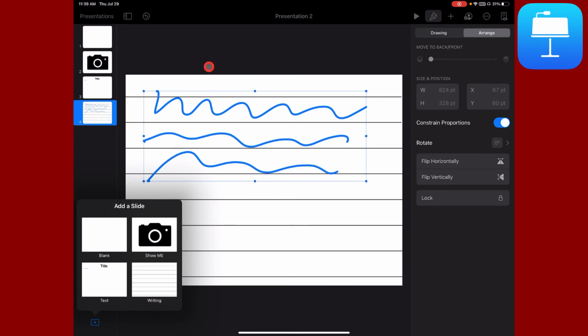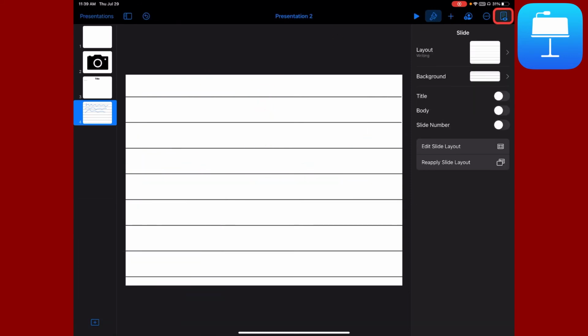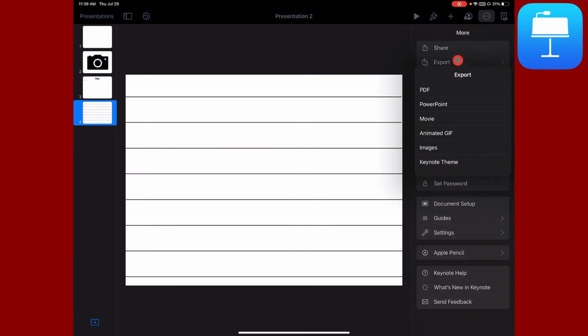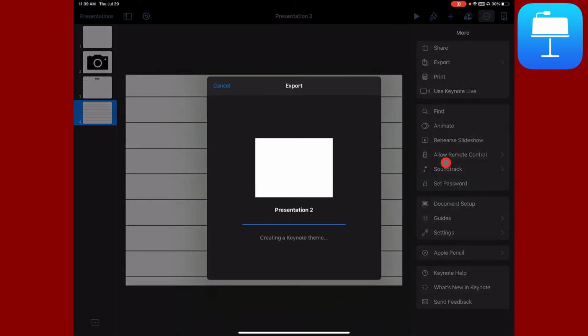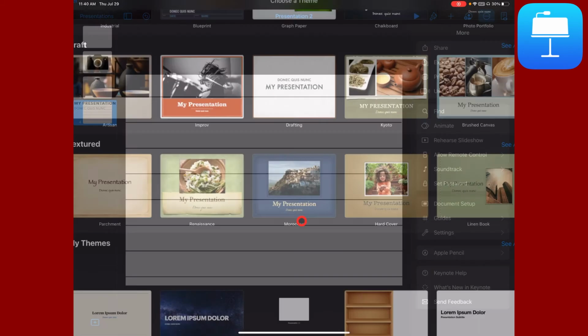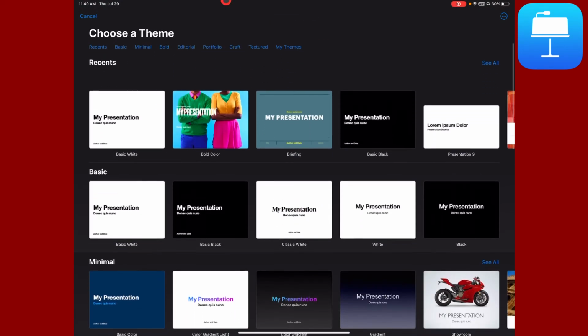And then when you're ready to share this with your students, you're going to come over here to the three dots. You're going to export as a Keynote theme. Now, when I export this as a Keynote theme, I have two options. I can add to theme chooser. If I add this to my theme chooser, what this is going to do, when I create a new Keynote,